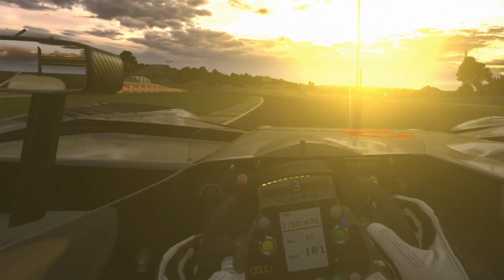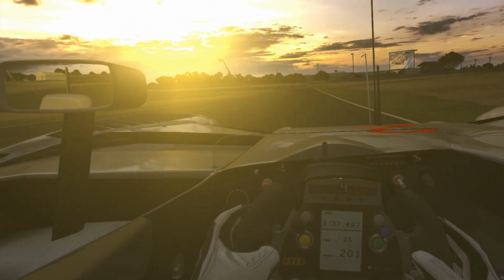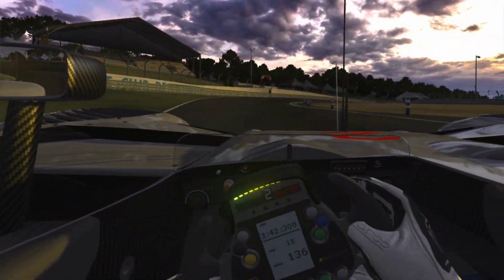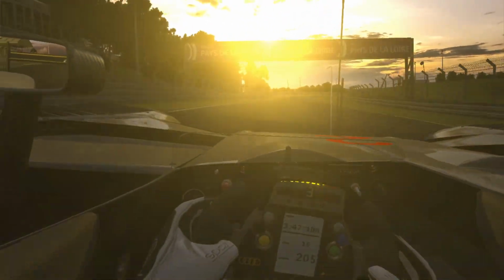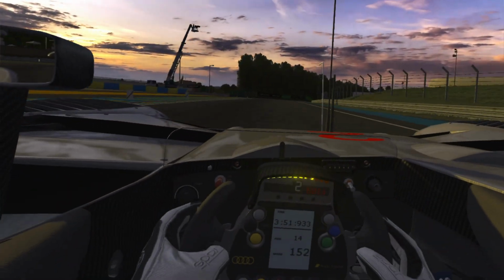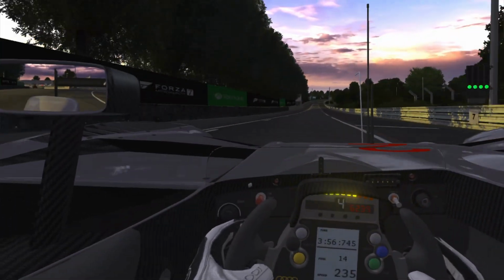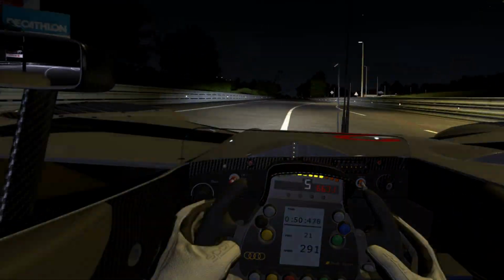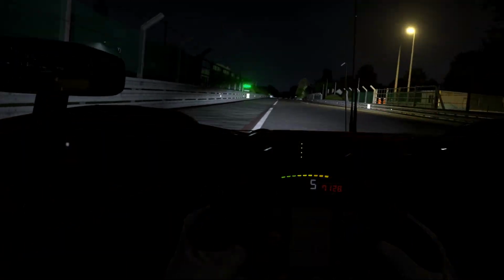And we are going to transition into the morning hours as the sun blasts us as we come from under the Dunlop Bridge. Yeah, the light from the sun is very yellowish at this time of hour. It's very bright and it's making it very hard to see into the apexes and everything, as it would be also in real life. But it's still, everything looks so amazing. The sky, I think, is so pretty, and the shadows as you drive through them, just how they reflect on the car is amazing,